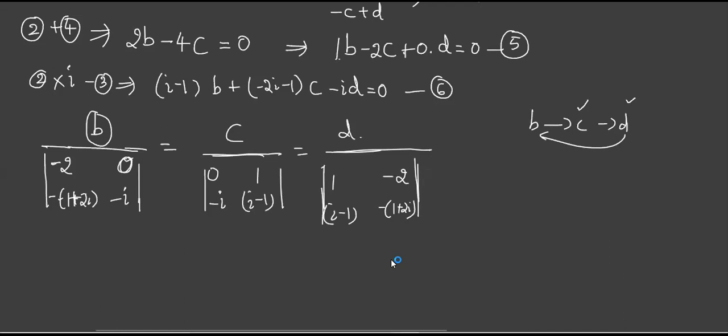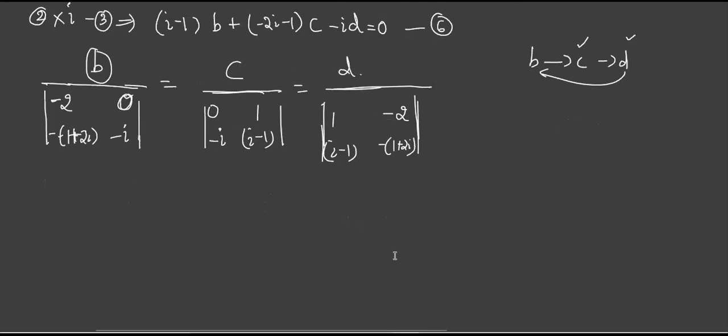This is how it should be written. For the denominator of any unknown, it contains the coefficients of the other two unknowns. If B is there, the B coefficient will not come. Similarly for C, the C coefficient will not come, and for D, the D coefficient will not come. Other two will come, and it should be in order. Is the method clear? Now the next part is easy.